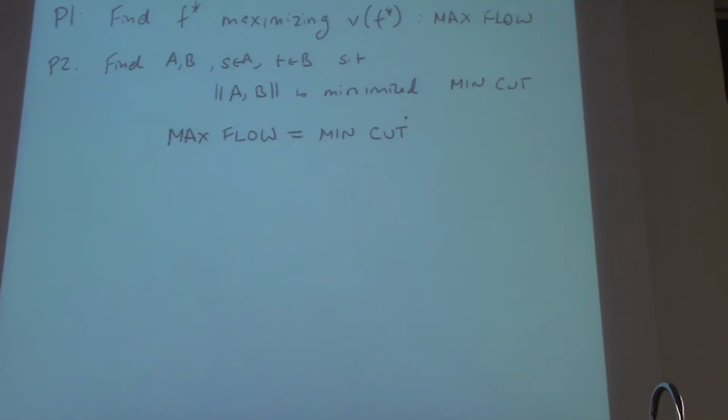And again, this makes intuitive sense: if you're going to push something through, the smallest choke point is going to constrain how much you can push through, since you're not allowed to produce or delete things except for certain things. But of course, the intuition is not the same thing as the proof.